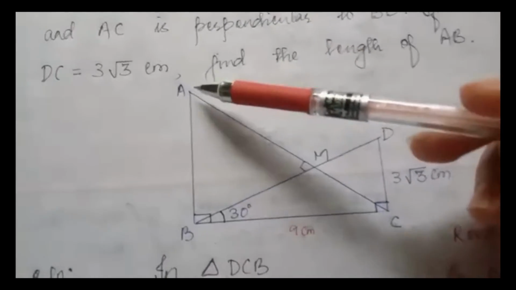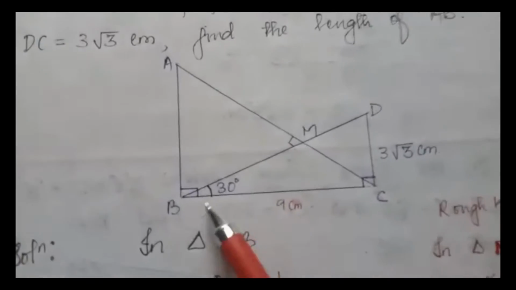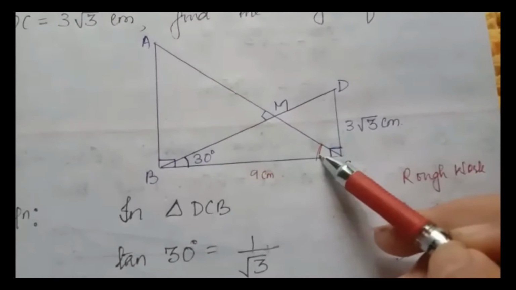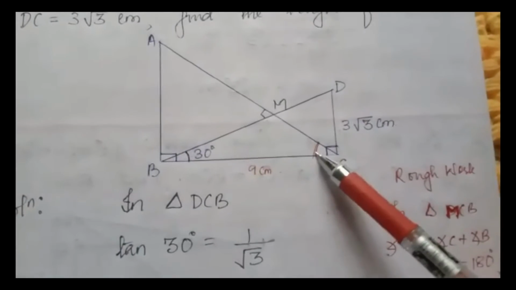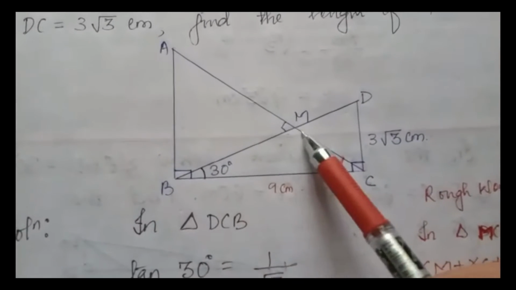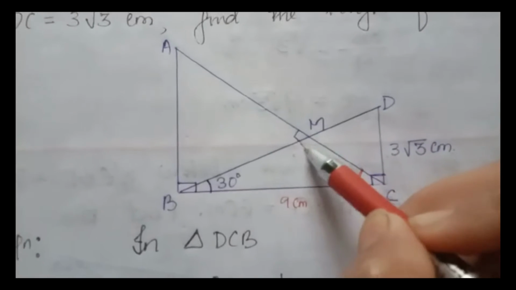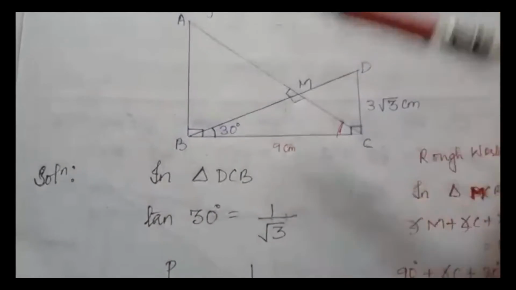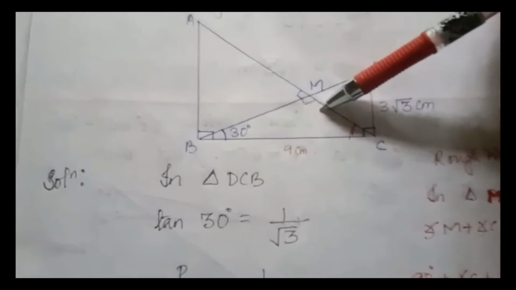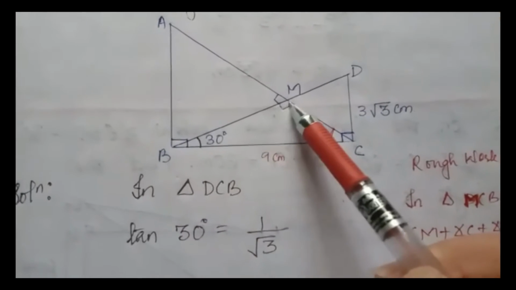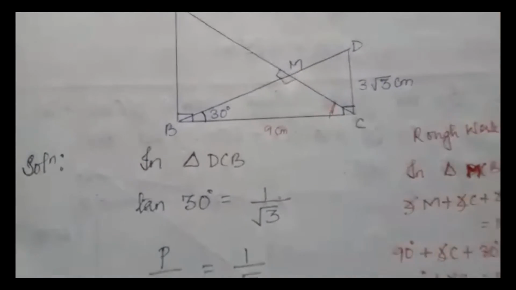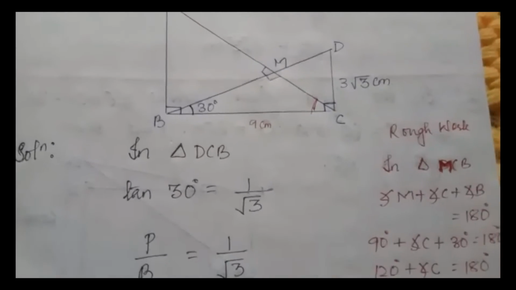Now see, we have to find AB, right? To find AB we got the base, but we don't know the value of theta. We don't know how much this angle is. We need to find this, as it is necessary to find AB. So to find this angle we will use this triangle. See here, this side is 90, then this side is also 90 degrees, because we know the angle on a straight line is 180 degrees. Now if you consider this triangle, this is 30 degrees, this is 90. We can easily find the third angle because the total angle of a triangle is 180 degrees.